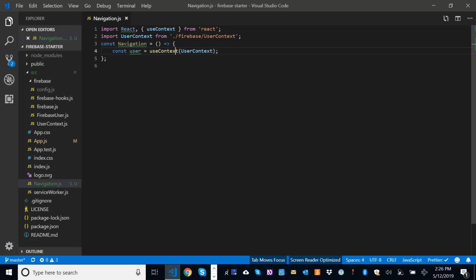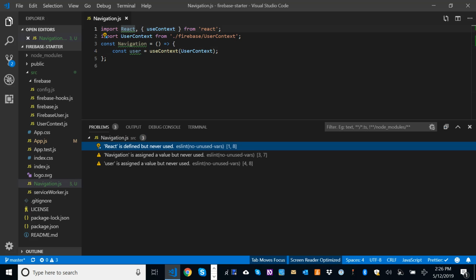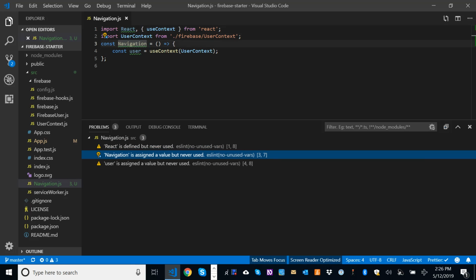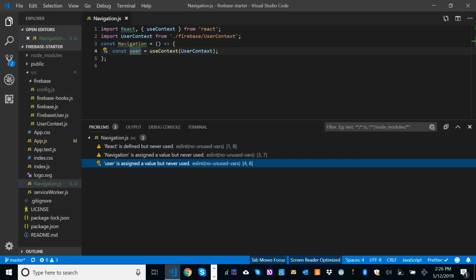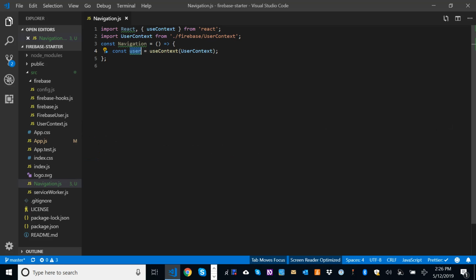Okay, is it happy with that so far? 3 problems. Level 2 warning generated by ESLint: 'React' is defined. Warning generated by ESLint: 'navigation' is assigned a value. Warning generated by ESLint: 'user' is assigned a value. Okay, there's all warnings. Navigation.js. Text file. Okay. User unselected. So now that I have a